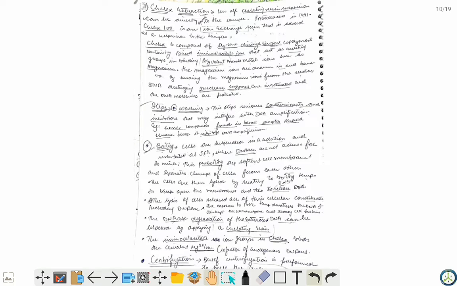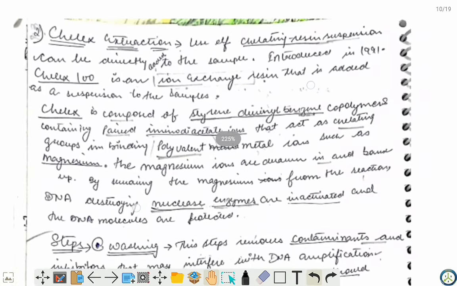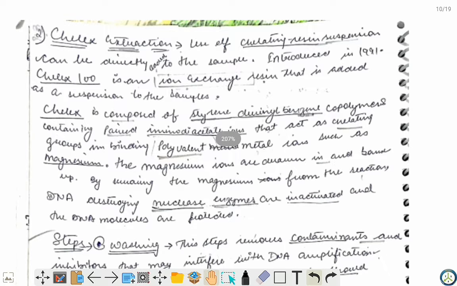The second method is the Chelex extraction method. First of all, we have to understand what Chelex is. Chelex is a chelating resin suspension, which can be added directly to the sample. It acts like a chelating agent. It will surround the DNA's enzymes,